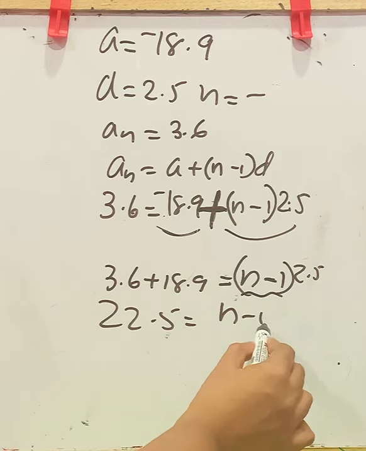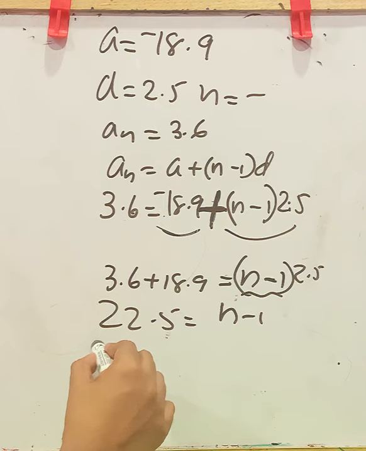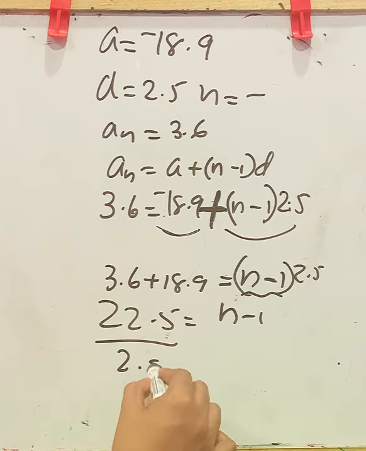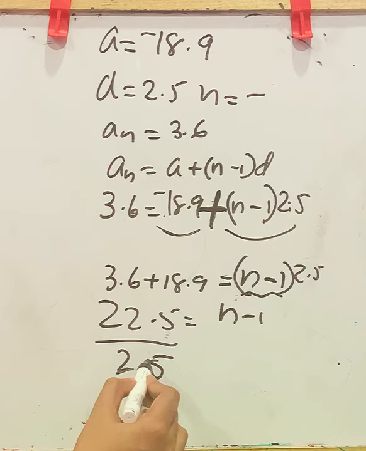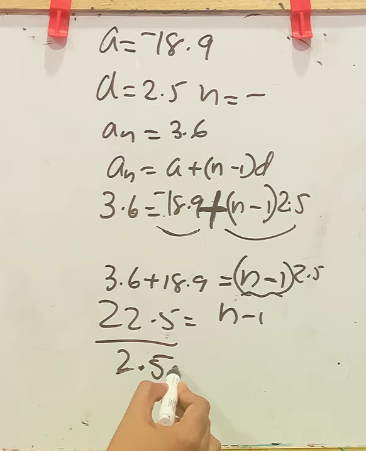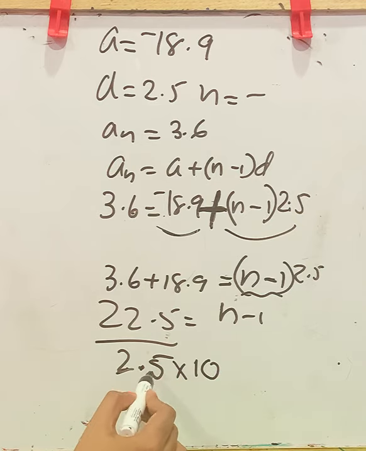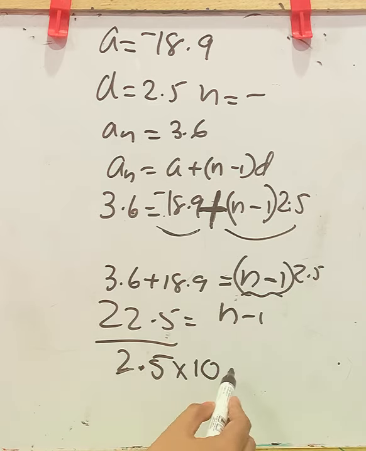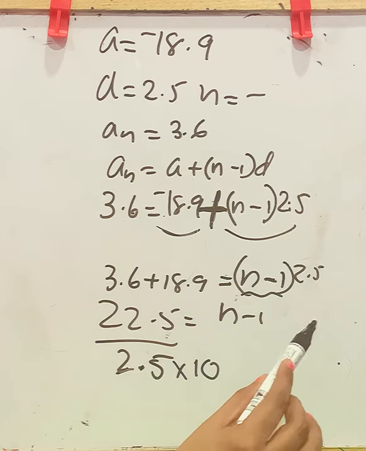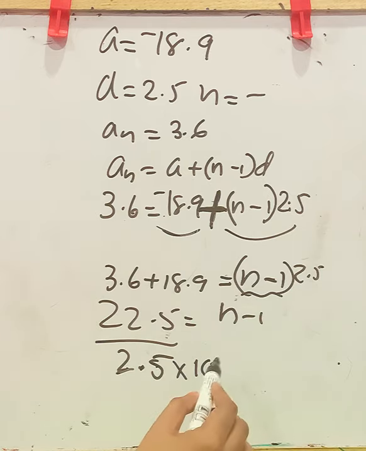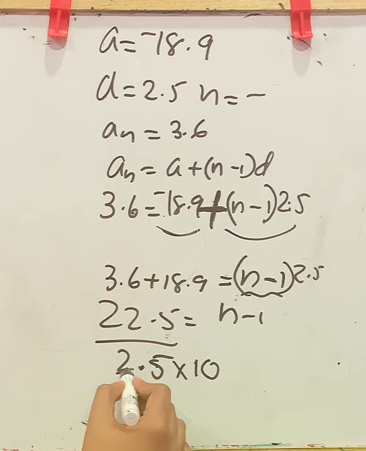Keep this n minus 1 here. Into 2.5, taking to the side, it goes to the denominator. 2.5 by 2.5. So do you know division of decimals? In the denominator we don't want a decimal. So for that you want to check how many numbers are after the decimal. There is only one number, right? So you have to multiply with 10. If it were two numbers, then you have to multiply by 100. If there are three numbers, then you will multiply by 1000. That is, the number of values here decides the number of zeros. Here one number, so 1 zero. That is 10. So this becomes 25.